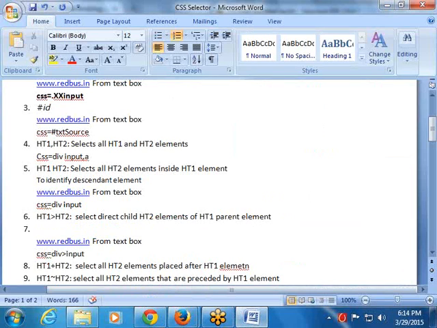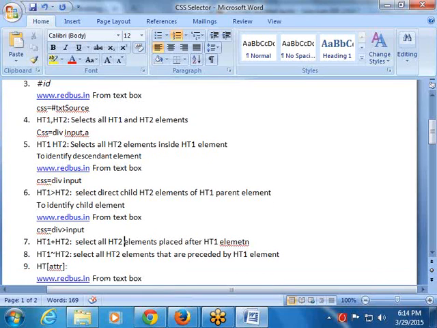So what is the use of this format? To identify a child element, immediate child element or direct child element. We use this option. And the next one,